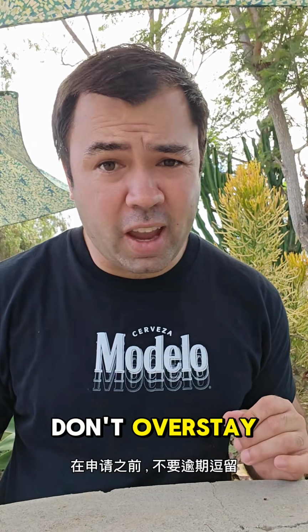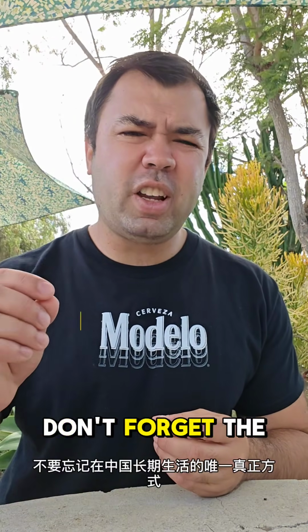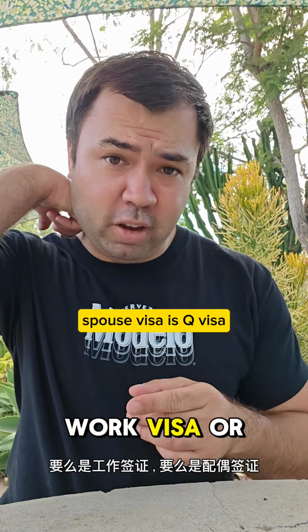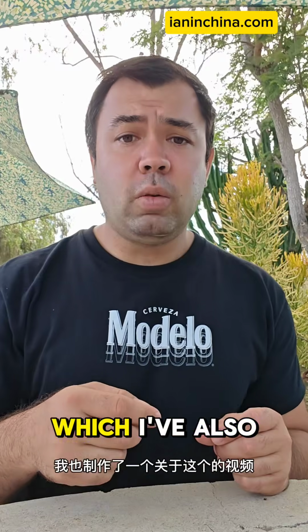and don't overstay. China is strict about that. So if you're planning to live here long-term, you'll probably start on a Z visa and eventually hold a residence permit. Don't forget, the only real ways to live in China long-term are either a work visa or a spouse visa. And with many years, you may eventually be able to apply for the Chinese green card, which I've also made a